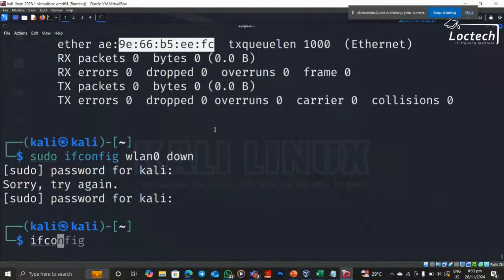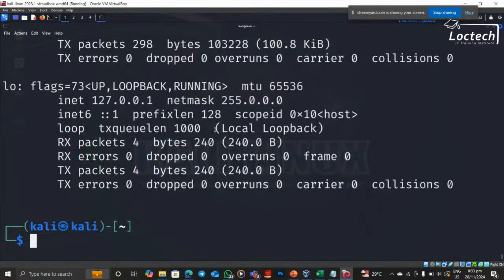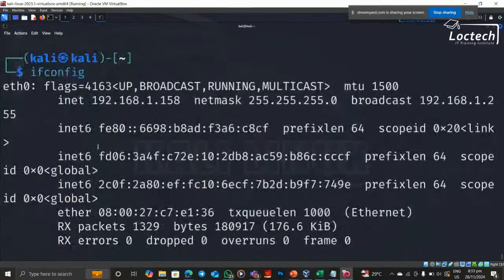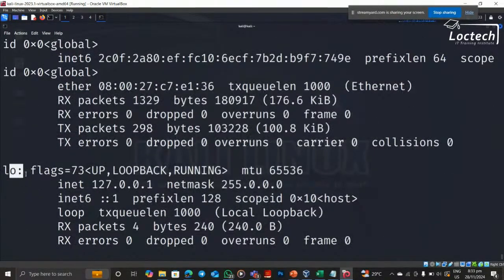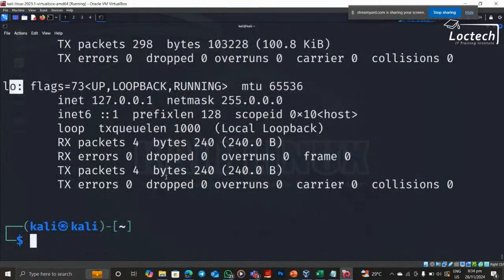If I do ifconfig again, you see that WLAN0 is no more seen. We are only seeing eth0 and lo. WLAN0 is no more there because right now it has been shut down, has been turned off, so it's as though it no longer exists. Now we have turned off the interface. We can now change the MAC address and then turn it on again, and you would see what it has now received. So the command is macchanger